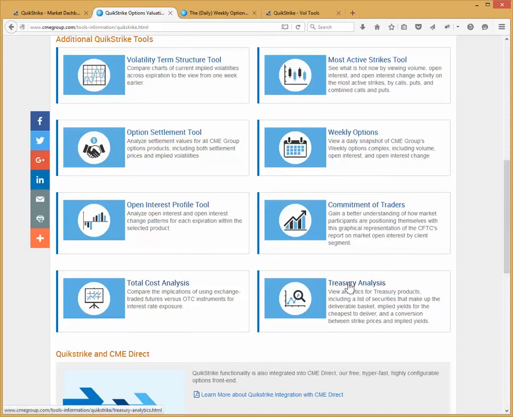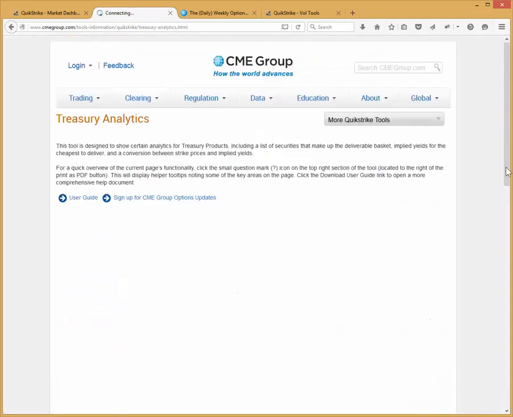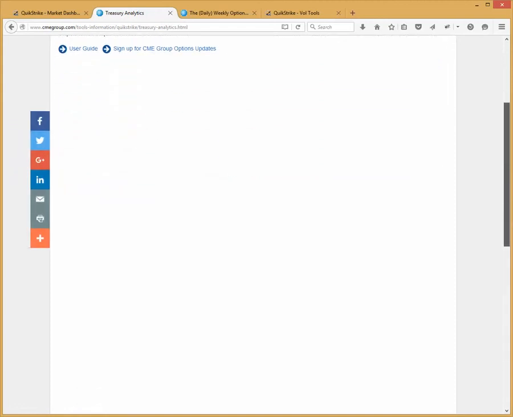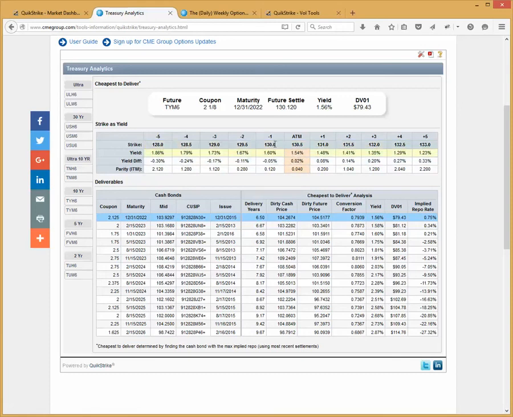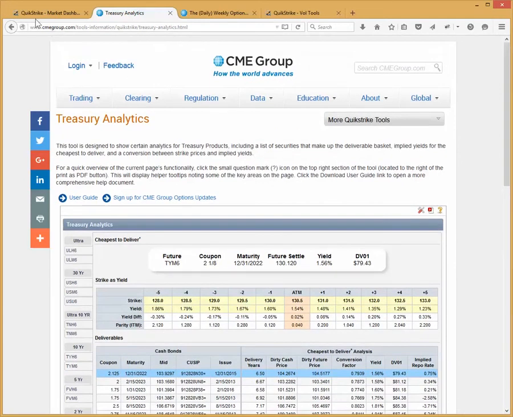And then finally, there's a nice tool for the Treasury market, which is going to give you information about all of the contracts that currently have open interest in the Treasuries, and we're going to show you the basket of the deliverable underlyings that are tied to this future, okay? And we're also going to show you strikes in yield format as well. So some good stuff available here just by visiting the website. And you're also going to be able to get the daily DV01s and the yield associated with the settlement price of the future. So if we go back,